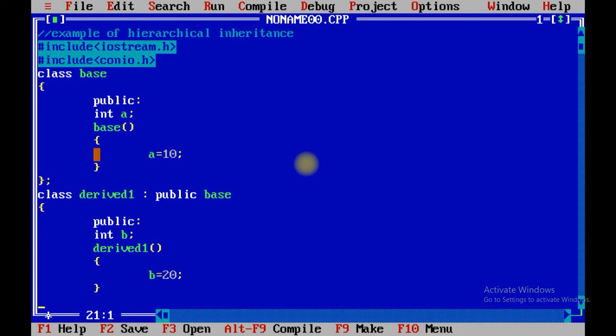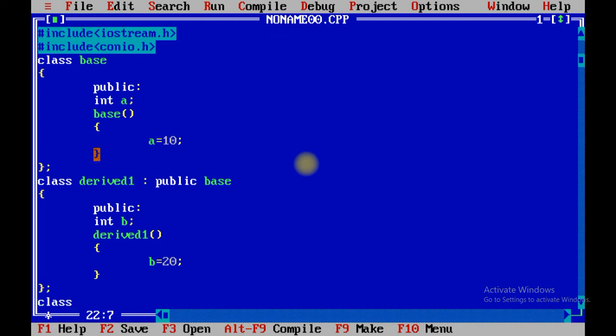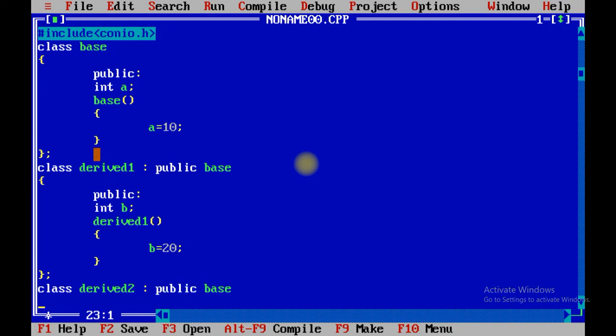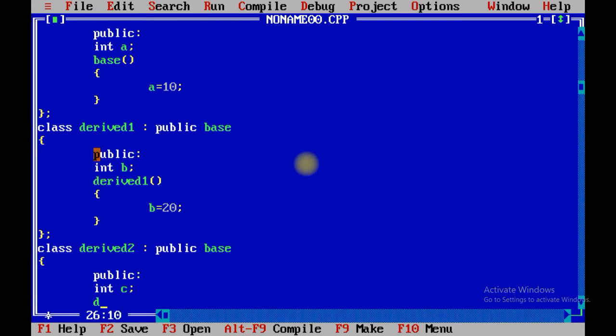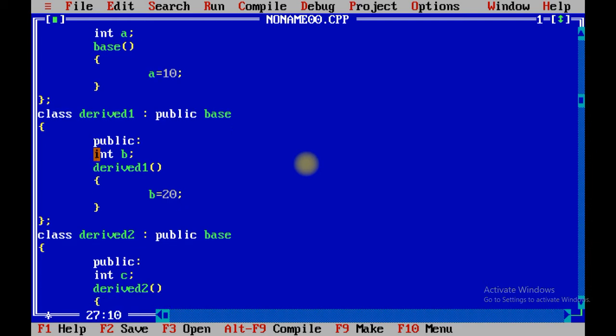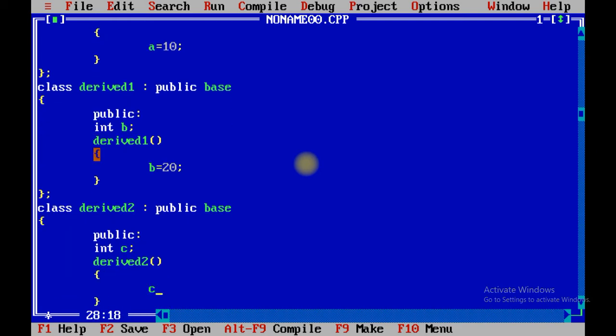Again class derived 2, public base, public keyword integer c, derived 2 and c equals 30.